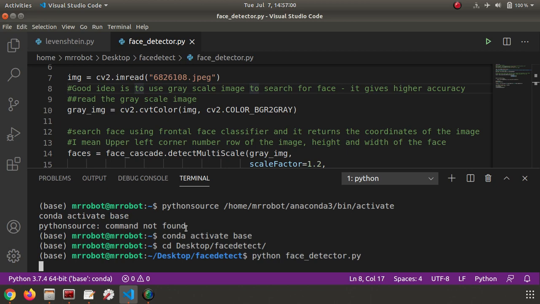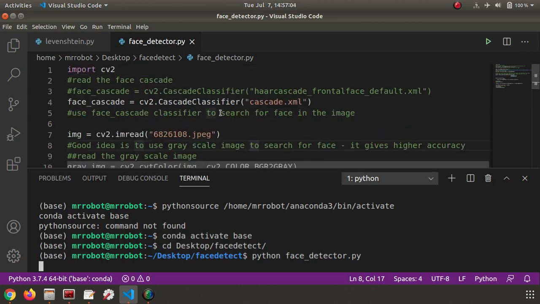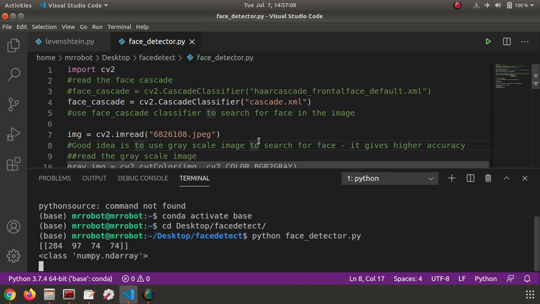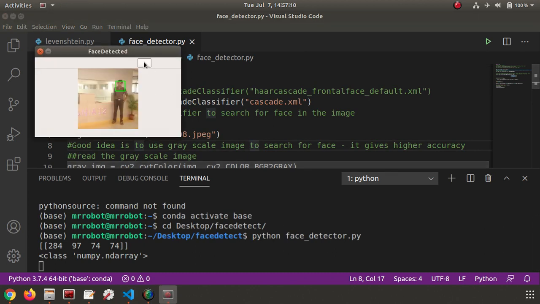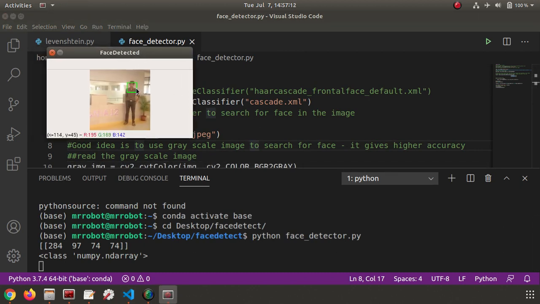Whatever Haar cascade classifier we generated, I have given that as an input to this Python file, and it was able to detect that face successfully. Let me show you that output. Okay, you can see that output right here. The face has been detected. It is totally based on the positive image that I have given. Okay, thank you for watching.